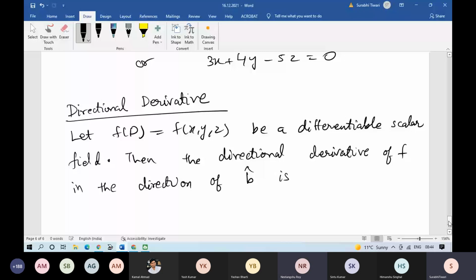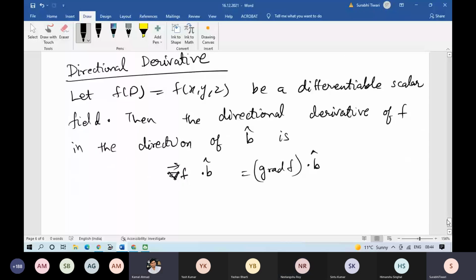Ma'am, after direction of b cap is nothing is visible. Yes, ma'am. Now it has come. ठीक है, अब हो गया। हो सकता है कुछ नेटवर्क स्लो हो तो थोड़ा देर से आ रहा हो।